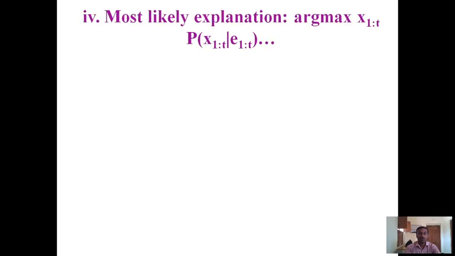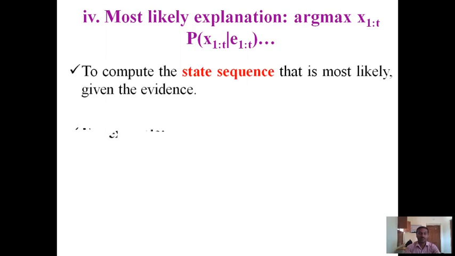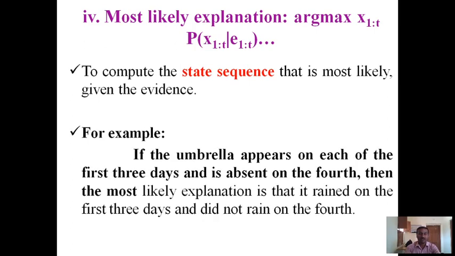The last one is the most likely explanation: argmax over x_1:t of P(x_1:t | e_1:t), to compute the state sequence that is most likely given the evidence. For example, if the umbrella appears on each of the first 3 days and is absent on the fourth, then the most likely explanation is that it rained on the first 3 days and did not rain on the fourth. So these are the concepts of